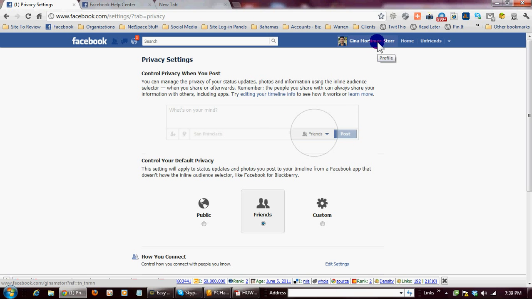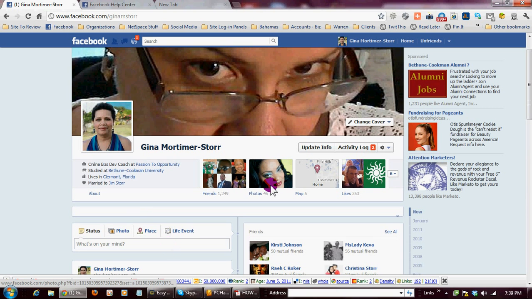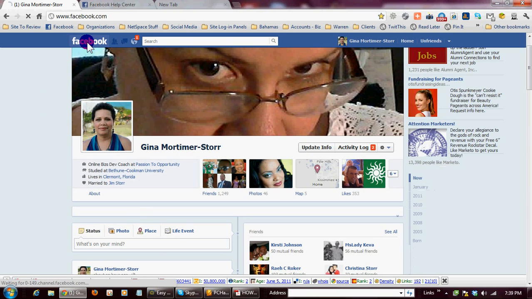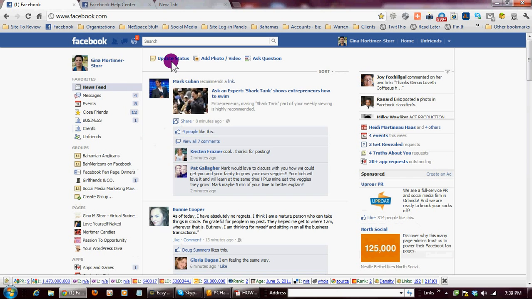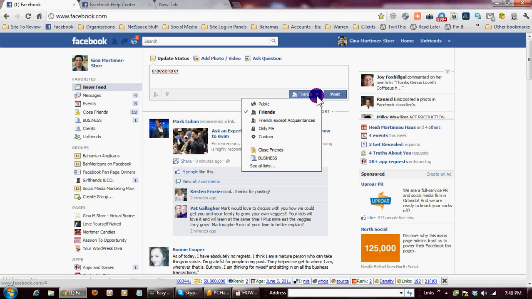If you go to your timeline, or if you don't have the timeline set up on your profile just yet, just go back over to where your wall is, and if you click on update status, when you go here and you make an entry, there's what they call the inline audience finder or selector. So once you've typed whatever it is you want to type, before you hit post, you can go here and tell Facebook exactly who you would like to be able to view the post. So you can make it public so that anybody can see it,